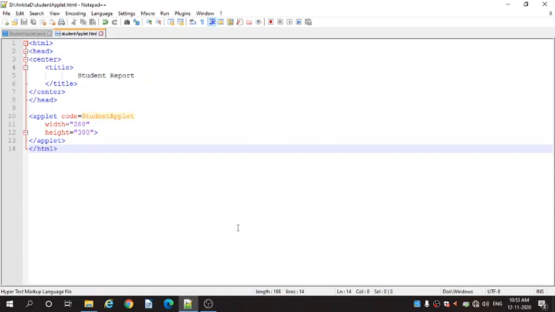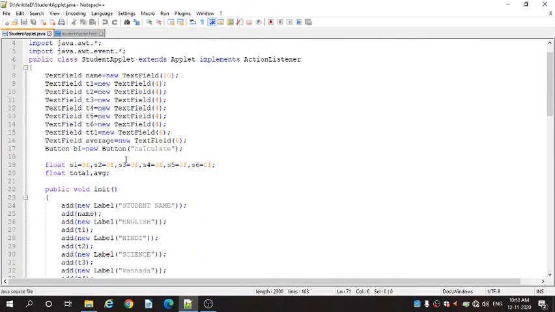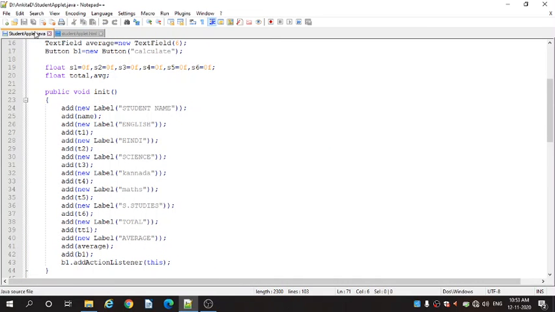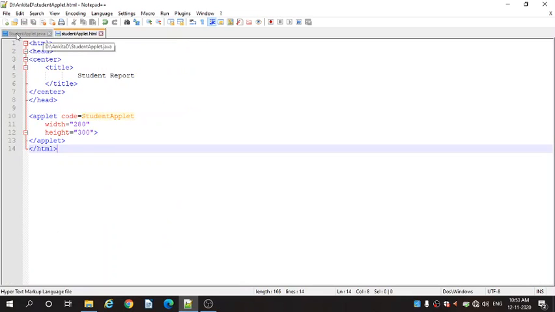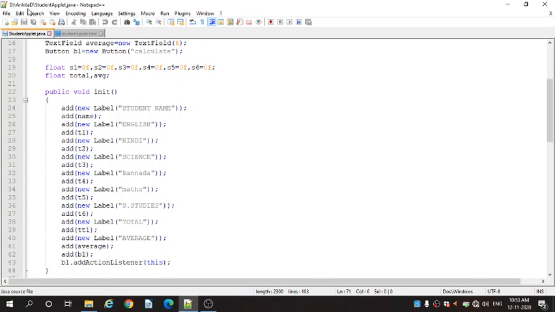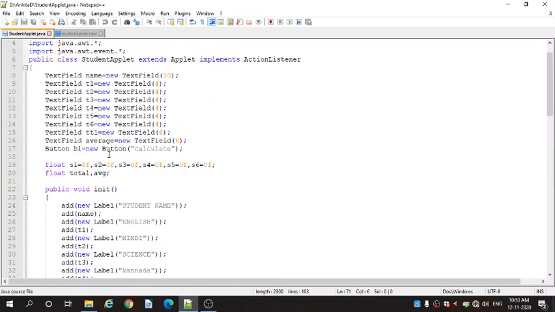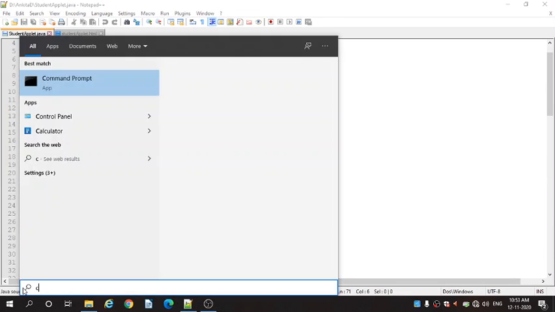For this program, we have given the name StudentApplet.html, and for this Java program, I have given the name StudentApplet.java. Both files have to be saved in your folder. So to execute this program, open the command prompt.